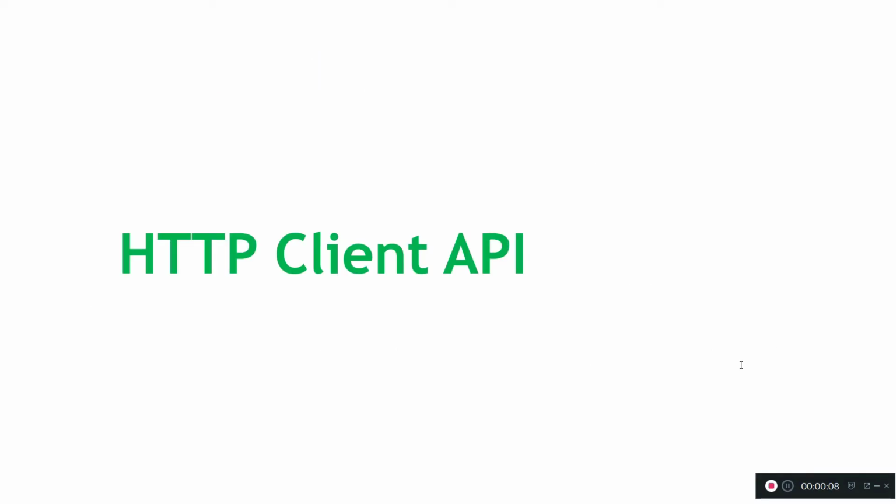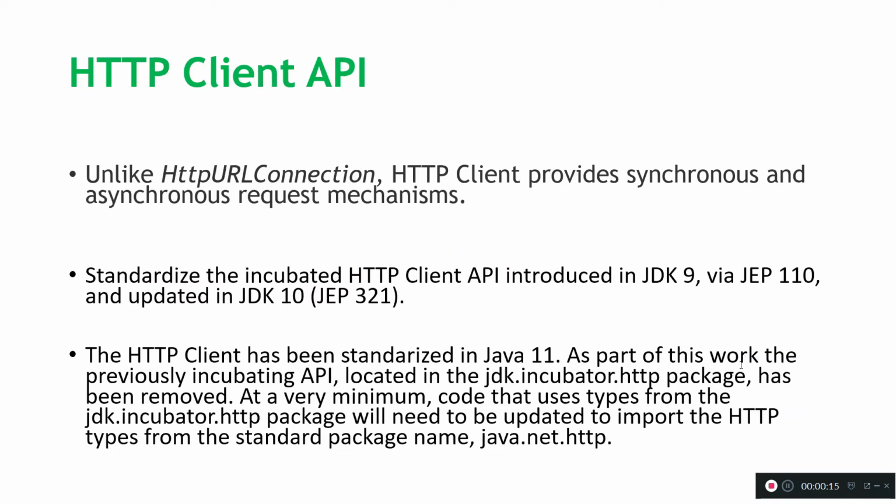In this video we are going to discuss the Java JDK 11 new feature, the HTTP client API. This is an incubated feature in JDK 9, and there are some enhancements in JDK 10 as well. And finally, from JDK 11, it is a standard feature, part of the Java language. Here the HTTP client API we can use instead of HttpURLConnection. Previously we were using HttpURLConnection, and now with the new API we can achieve the same things, and there are many advantages we can get.